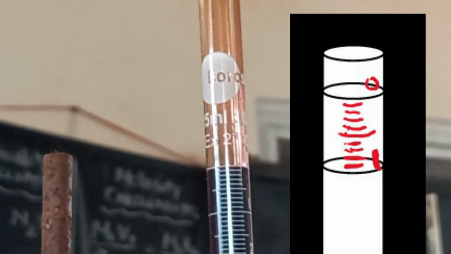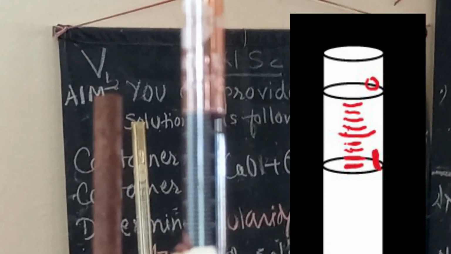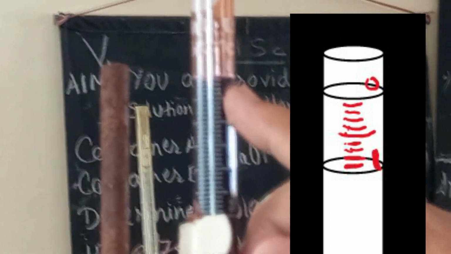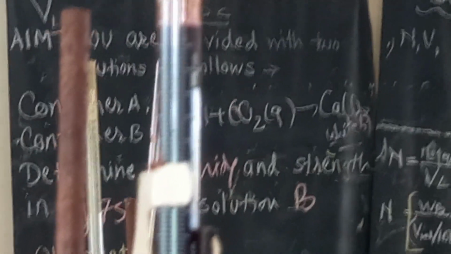I need to adjust the upper meniscus. So in your explanation which I am sending you, the written document, the PDF file, I have drawn a diagram and shown you what is the 0 line and how the colored solution. For colored solution we always have to mark the upper meniscus.